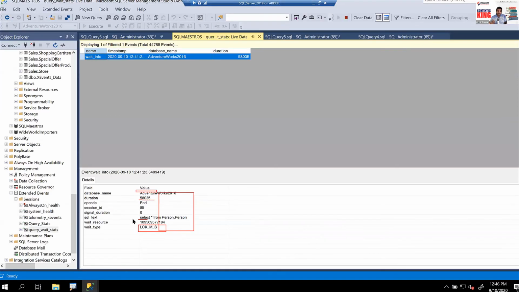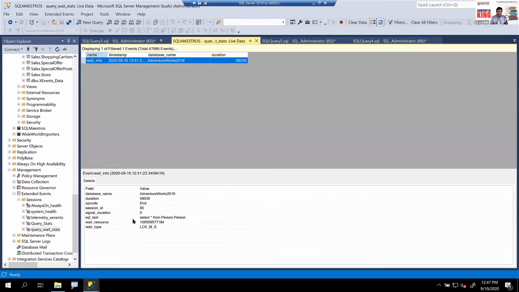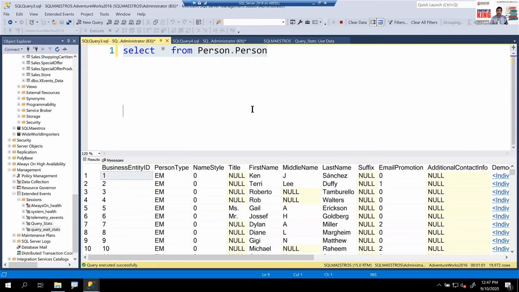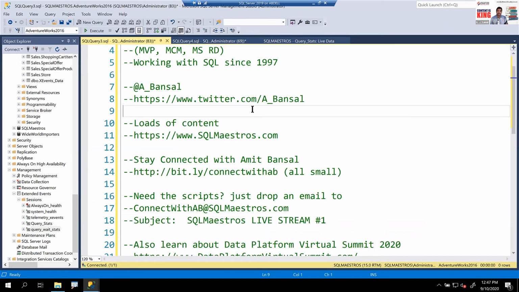So now, what is the fix for this? Well, it depends. Why is the query waiting? Why is it slow? It depends on a lot of different things. Let's close this. And now just digressing a bit, locking and blocking is a very common phenomenon that happens in database systems. So I'm not trying to show you how you capture every locking and blocking scenario. I mean, every millisecond is a blocking scenario. But if the blocking scenario is happening for a longer duration, that is where you may want to pay attention.